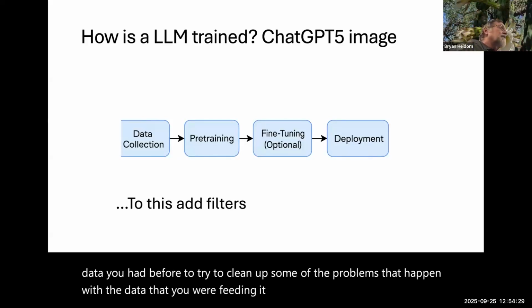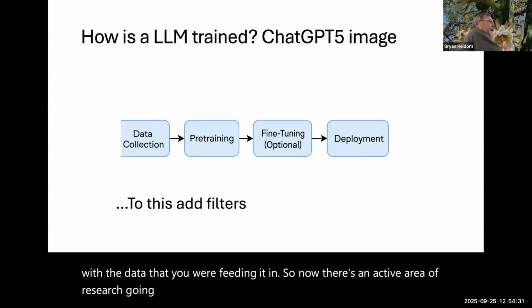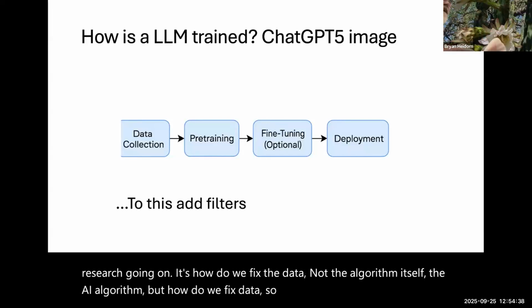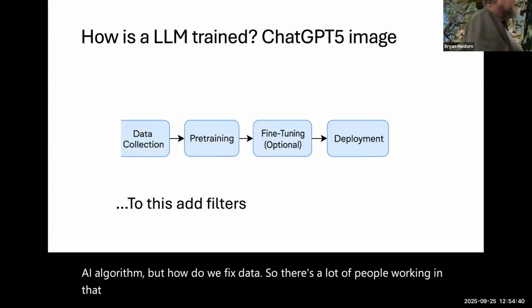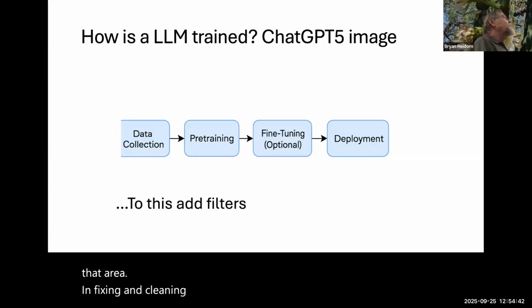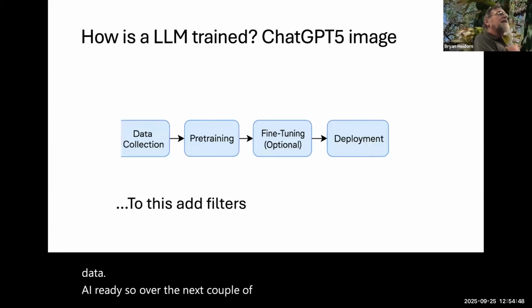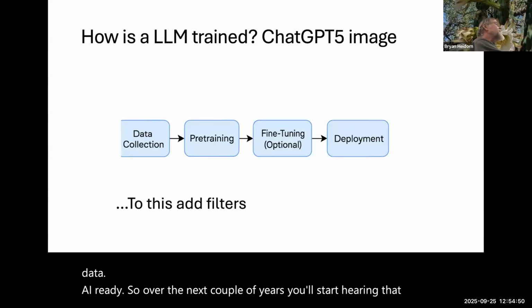So now there's an active area of research going on, is how do we fix the data? Not the algorithm itself, the AI algorithm, but how do we fix data? So there's a lot of people working in that area in fixing and cleaning data, making data machine readable, or making data AI ready. So over the next couple of years, you'll start hearing that, because much of the human